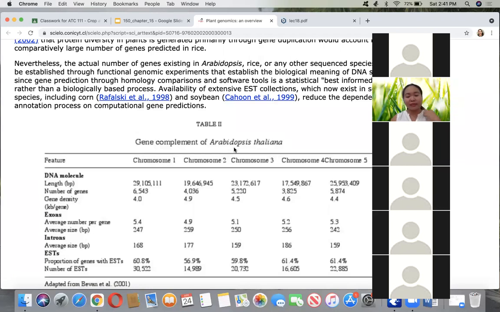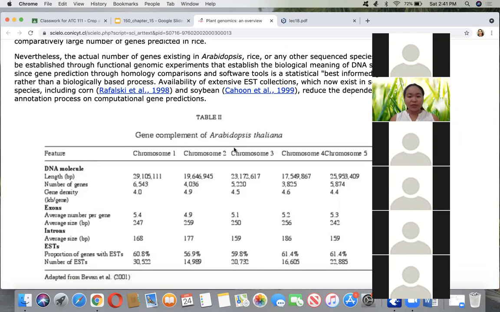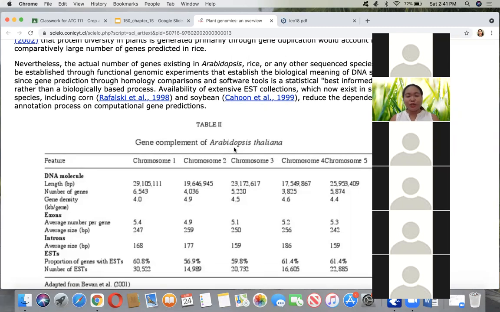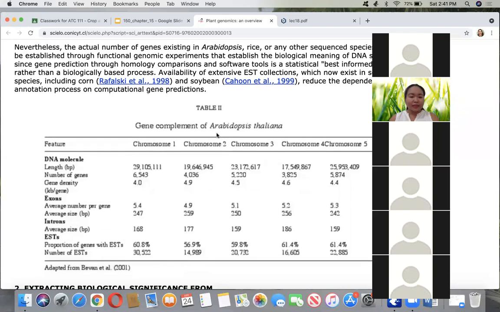So these are the model plants. And for humans, the model we use is the mice, or rats, because it goes against human rights or morality to use humans themselves in the laboratory. So we use mice for human studies. And for plants, it is Arabidopsis thaliana. So this shows the features of the different chromosomes, with 5 types of chromosome with various features from DNA molecules to